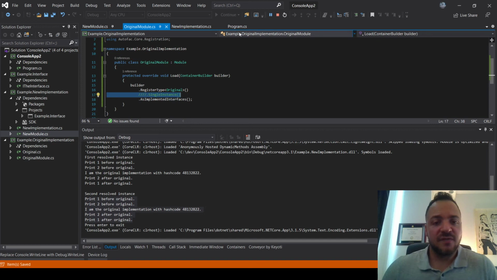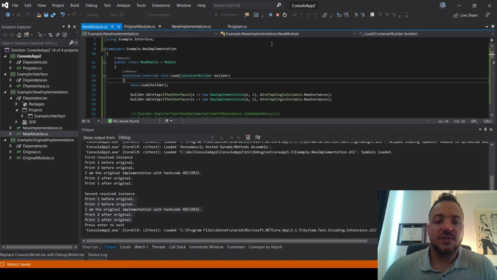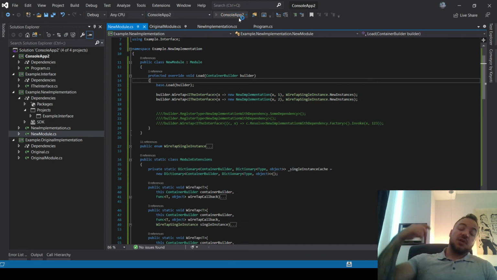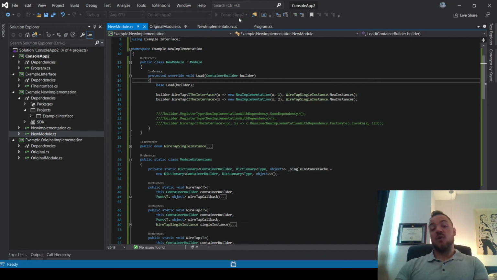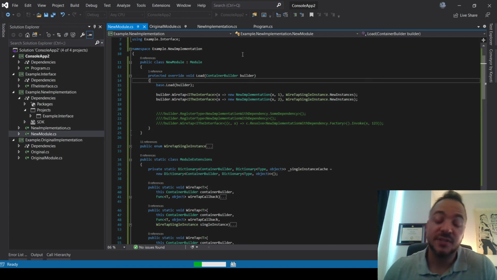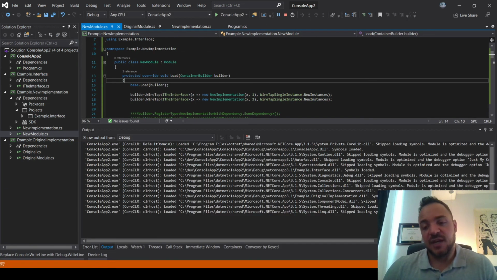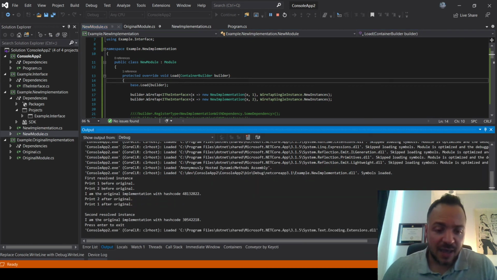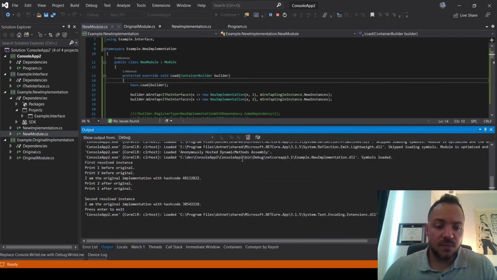I'm taking this off. Right, so now both wiretaps are new instances, and we should see that the hash codes on the original one are now also different because there is no more single instanceness of this. So I'll run that. And then once I show you this, I'm going to try stepping through some of the code to talk about how I did the single instanceness and cache and things. So you can see